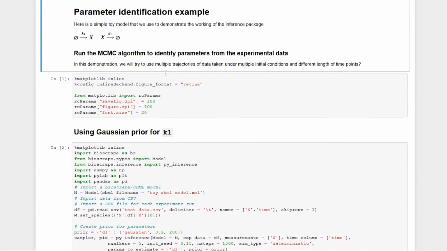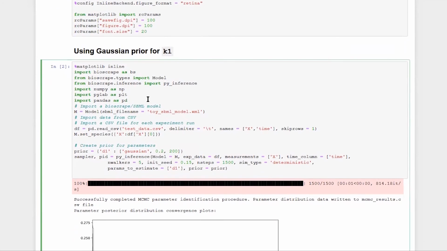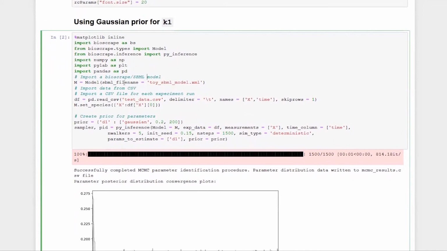So, birth-death model. We can ignore the first few, it's exactly the same. Here is where everything is important. So we import the SBML model. So that's the toy SBML model.xml. That's the file that has my model. I can create this model from any place. And then I import it to Bioscrape. The second line again is important, now I'm reading the data from a CSV file. So I have written that data to a CSV file already, and I'm reading it using pandas, pd.read_csv, and to